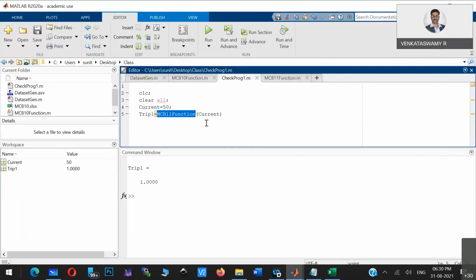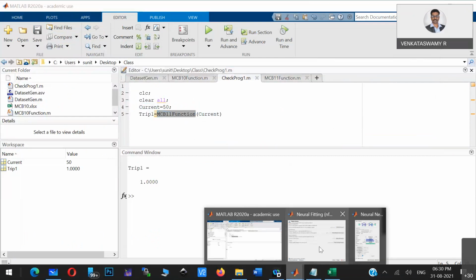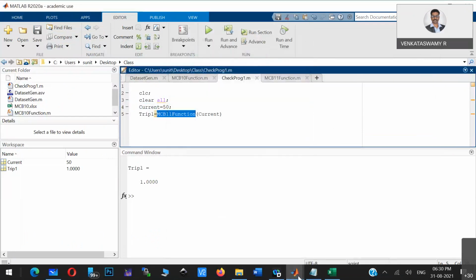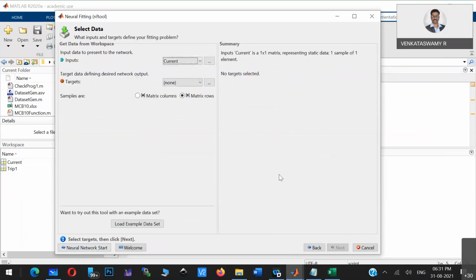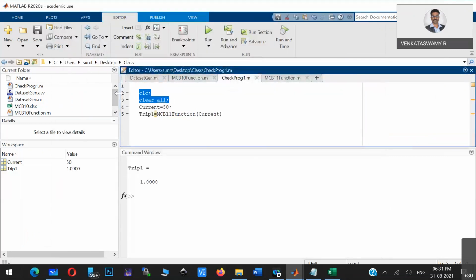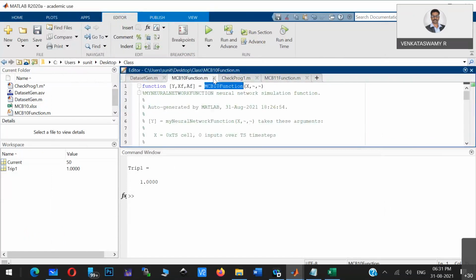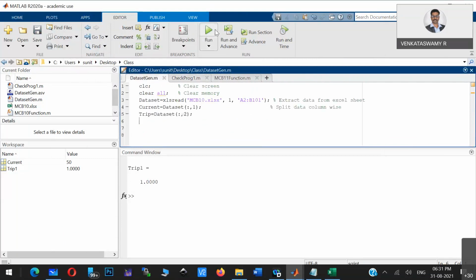So now what you have to do in the neural network, you just have to provide the input output data. Let it be here. So the data is created: current and trip signal data.